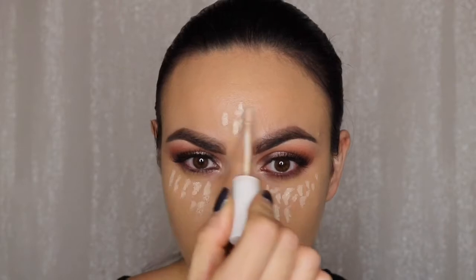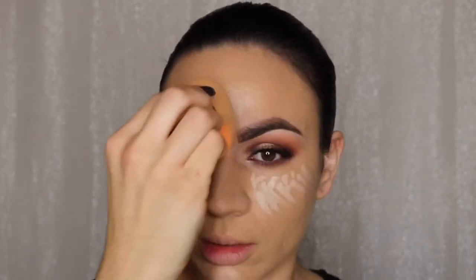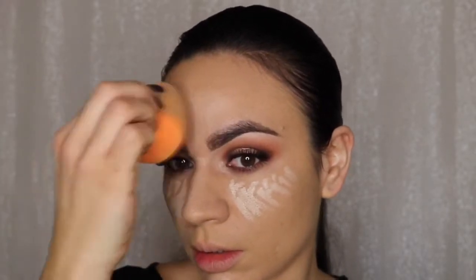Okay, so I already did my foundation to get that out of the way. Now I'm gonna use the concealer, the Colourpop No Filter Concealer in light neutral. Seems like a little bit goes a long way with this. You just want to blend that out with a damp sponge. So you just want to tap in the concealer with the sponge until everything is nice and blended into your